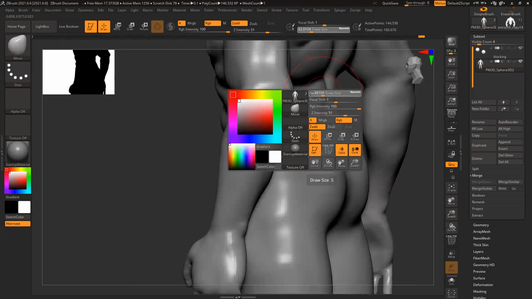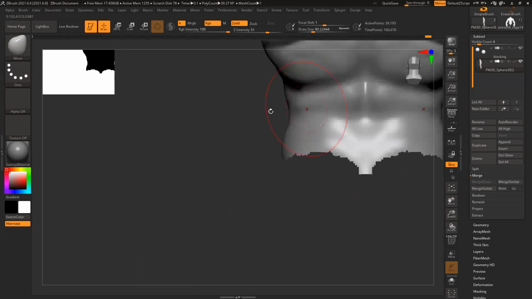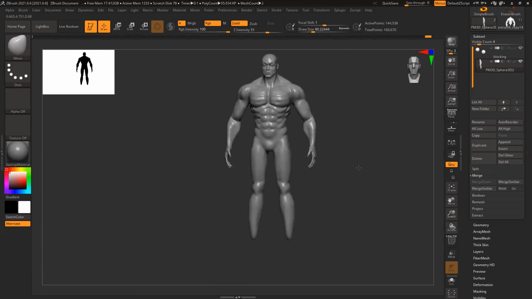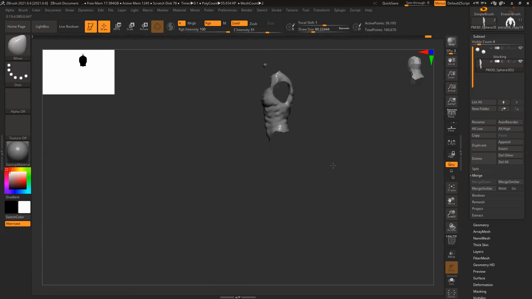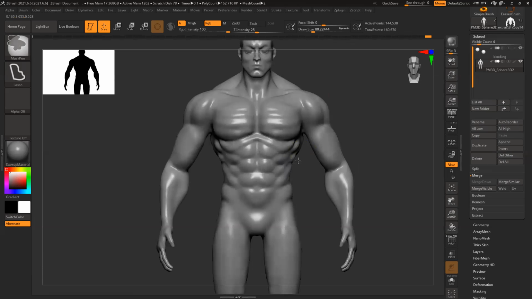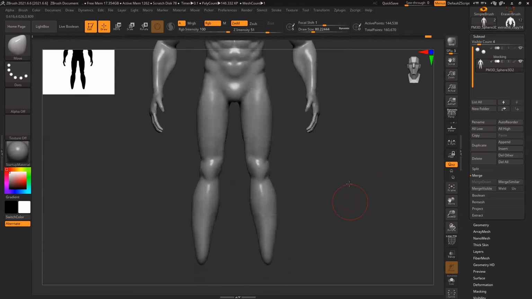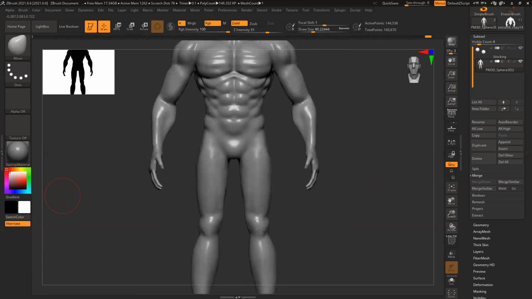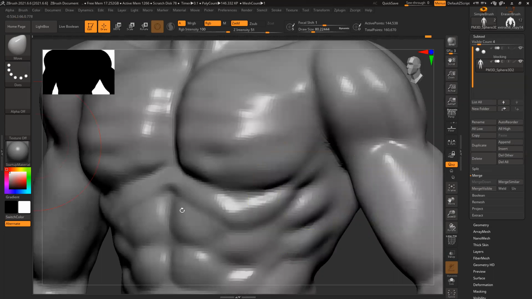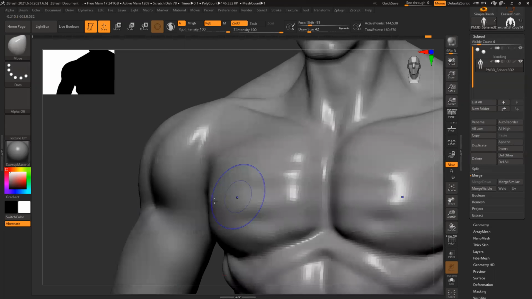That means I have to push it slightly, pull it outside. Slightly soften it.